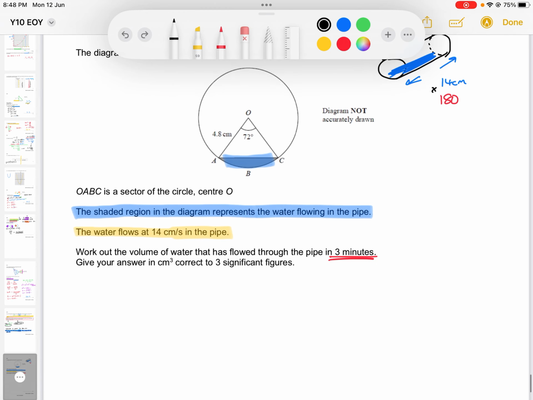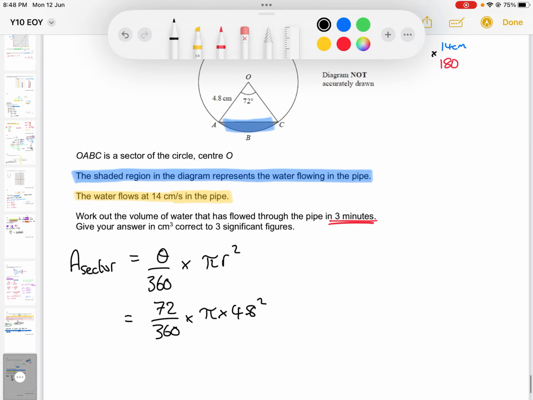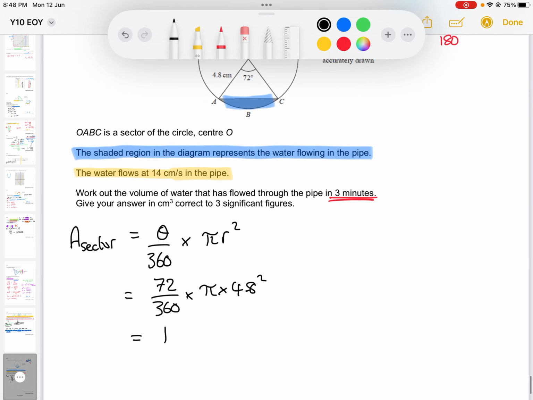So the area of the sector, first of all, the formula for that is theta over 360 to give us the fraction of the circle, times pi r squared. Our theta here, our angle, is 72. Our radius is 4.8, and when we type that into the calculator, we get 14.476... Our area of our triangle